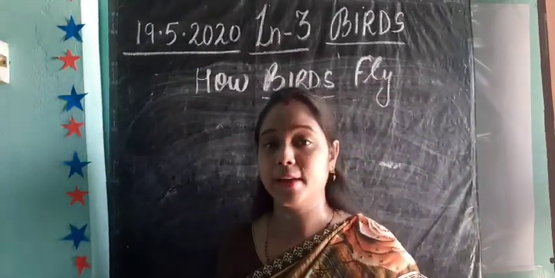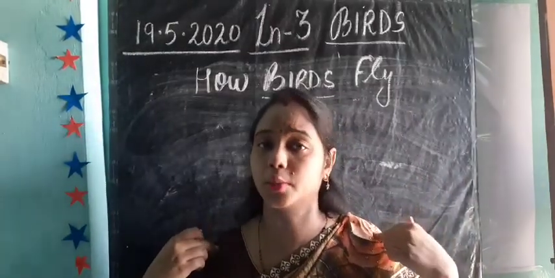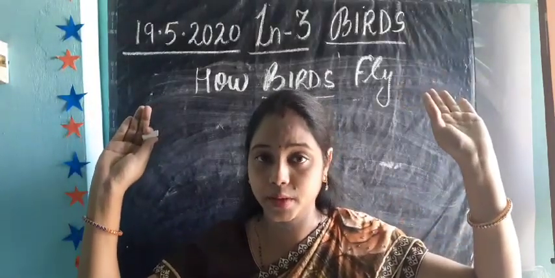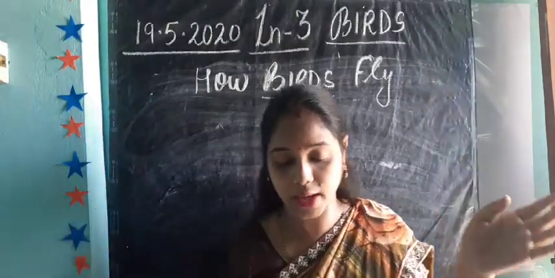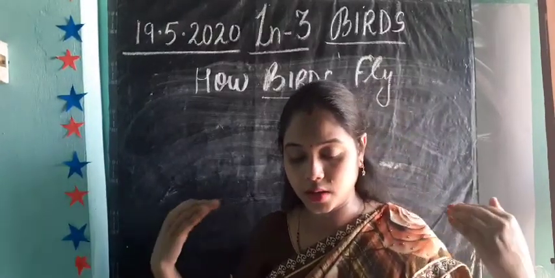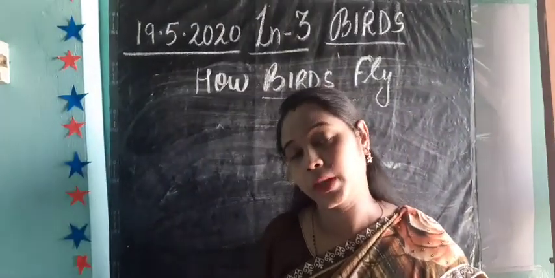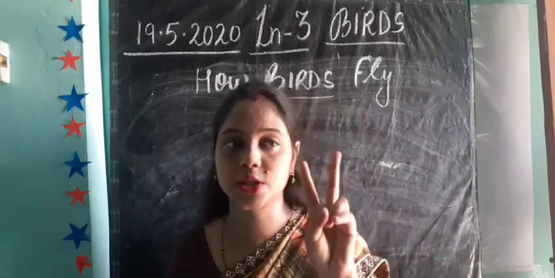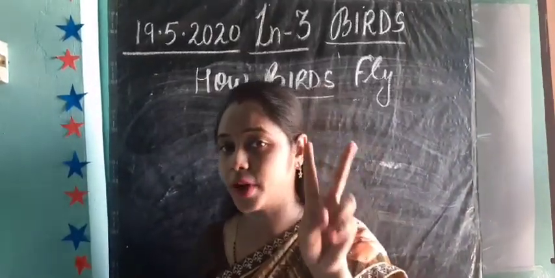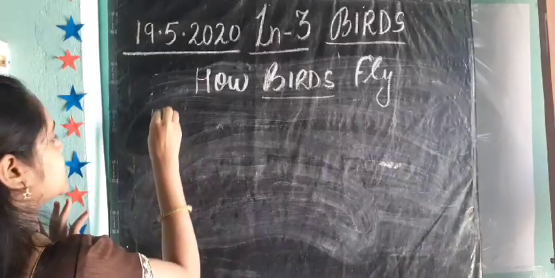The birds fly with the help of their wings. The wings are attached with their strong muscles. When the wings go in the upward direction, or you can say the moving of the wings upward and backward, that means two types of functions they are showing while flying. Two types of function they are showing. The first one they are showing is upstroke.